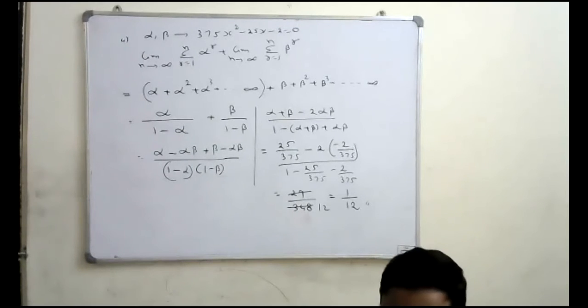Because we don't know what the value of infinity is. That's why you always have to take n tends to infinity only, which means n approaches infinity. That is the meaning of that. So always take n tends to infinity; n equal to infinity should not be taken. It is not a particular value.